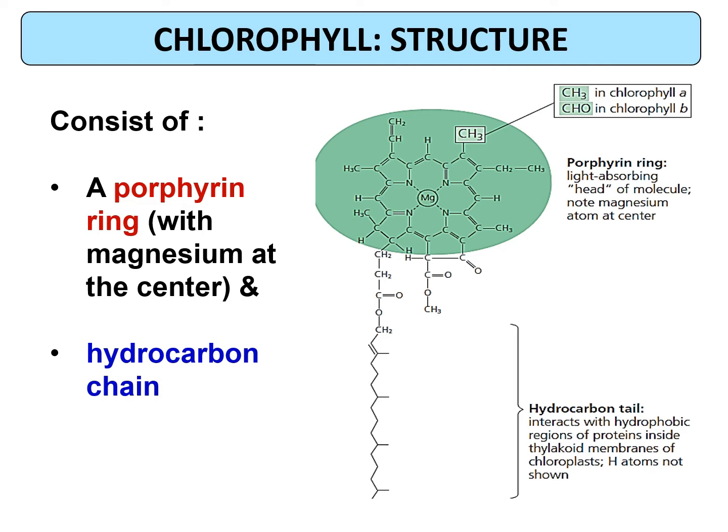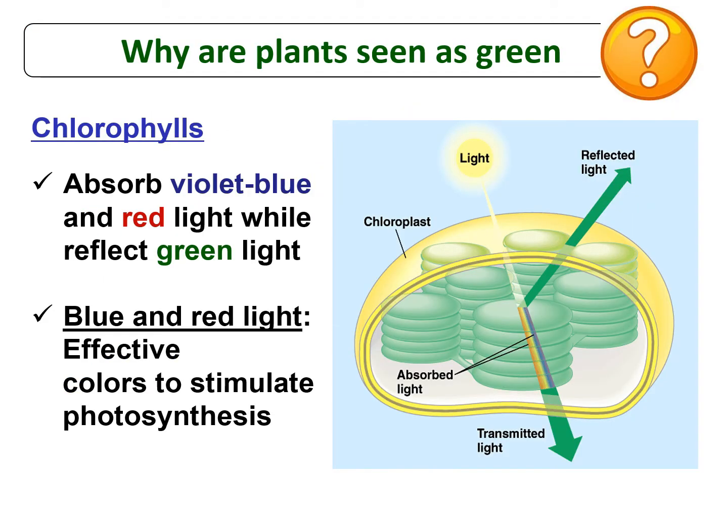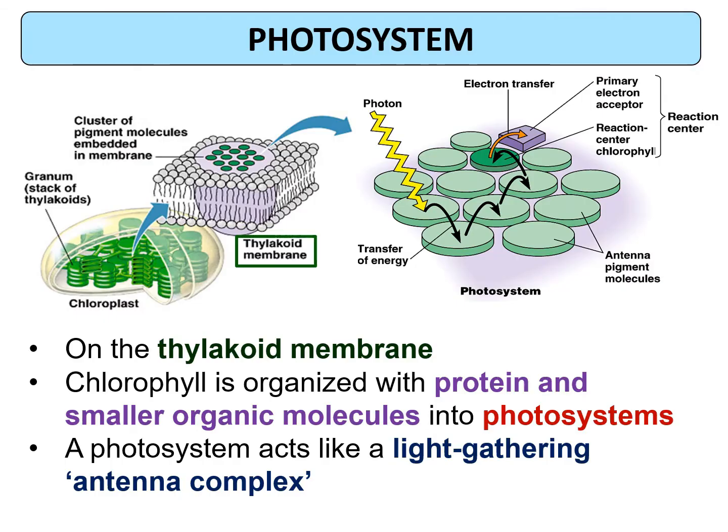This is the structure of chlorophyll. It's a porphyrin ring and contains a hydrocarbon chain. You don't have to memorize the structure. Why are plants seen as green? Because the chlorophyll absorbs violet, blue, and red light, while they reflect the green light. The blue and red light are effective colors to stimulate photosynthesis because they contain sufficient energy to drive the